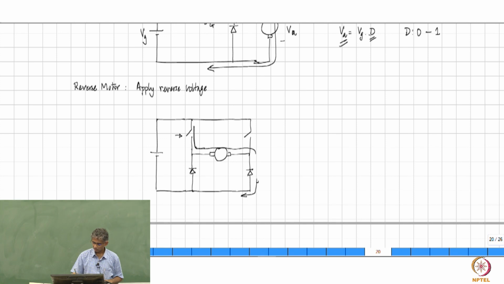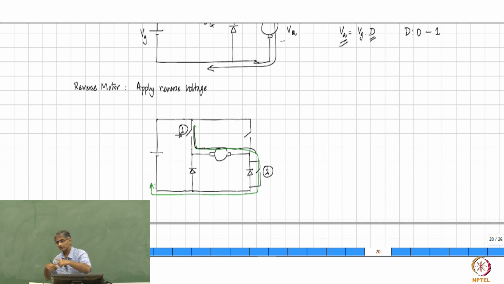Therefore, what you do is you put another switch across this and turn that also on. Therefore, if you operate, for example, switch number 1 and switch number 2 together, then it will allow current flow from 1 through the motor through switch number 2 and it will close the path. So, you have this current flowing here, coming here, flowing through this switch and then coming back, that closes the path. Okay, this is for the mode of operation as we had seen earlier.